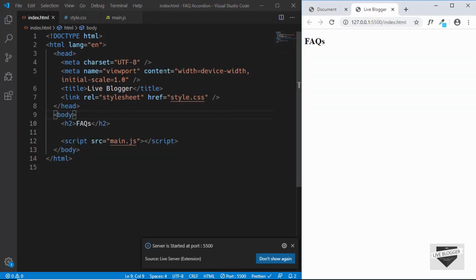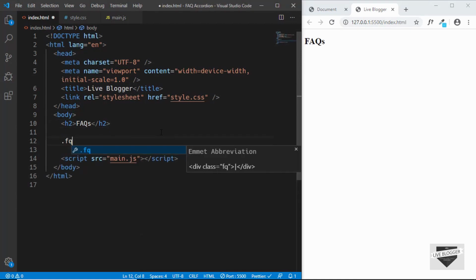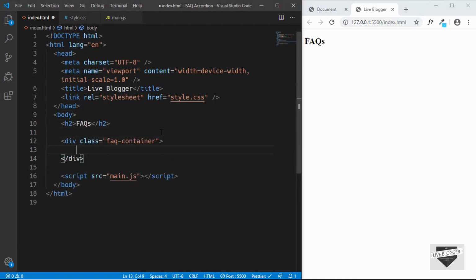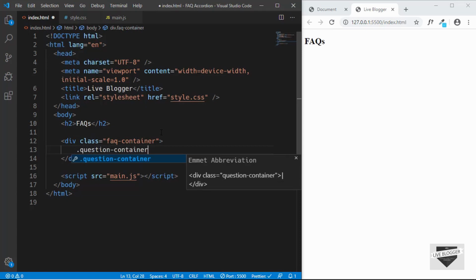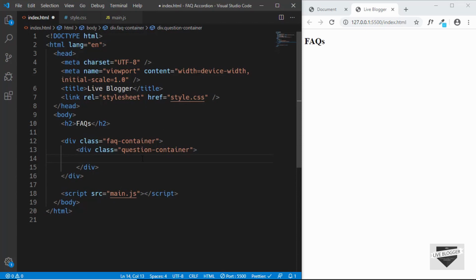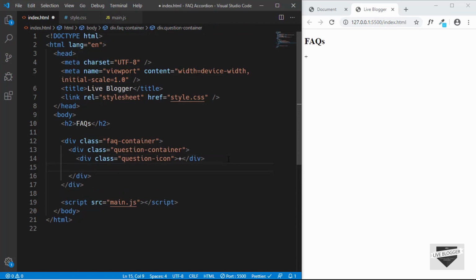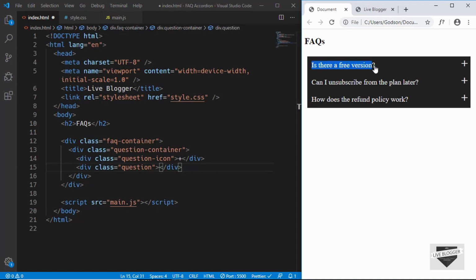live on our browser. Now we'll create a division with the class of FAQ container, and in that we'll create a division with the class of question container, and in the question container we will include the question, the answer, and the icon. So we'll just type question icon, and for the icon we'll just type the plus sign, and then we'll have the question. So we'll have a division with the class of question, and we will type a question over here. I'll just copy this question from here,